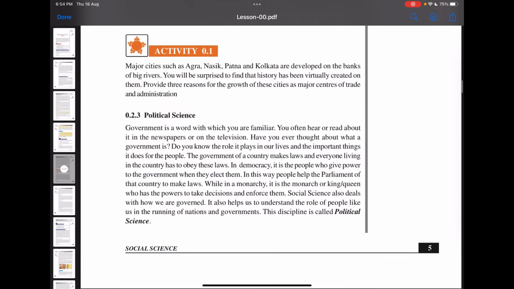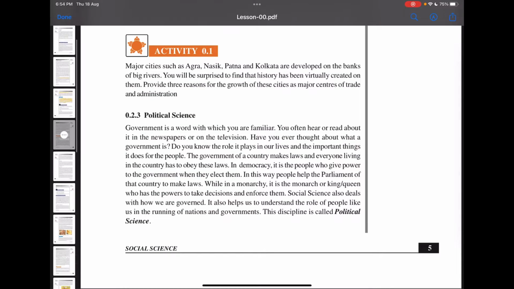Now we come on to political science. Government is a word with which you are familiar. You often hear or read about it in the newspaper or on the television. Have you ever thought about what a government is? Do you know the role it plays in our lives and the important things it does for the people? The government of a country